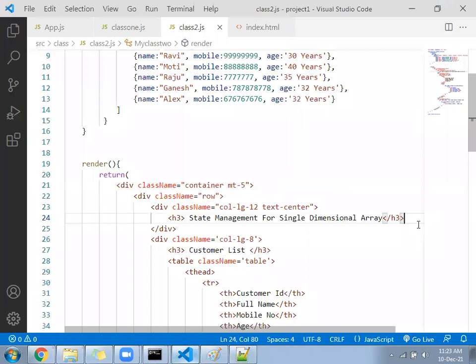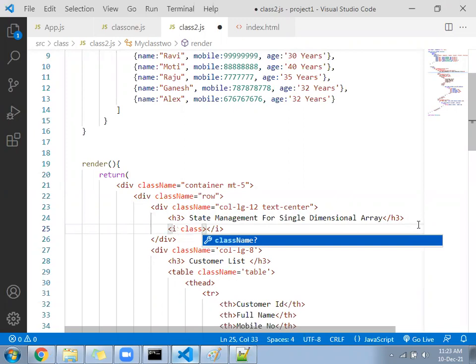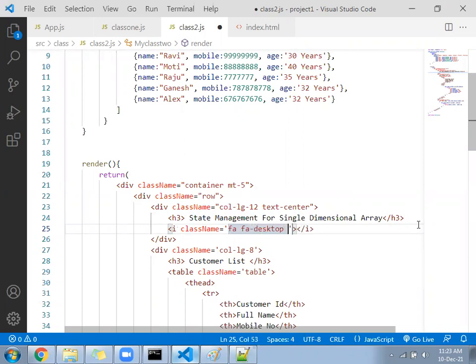Somewhere you can call here className equal to fa fa-desktop fa-5x.